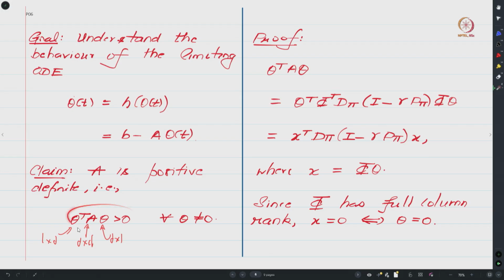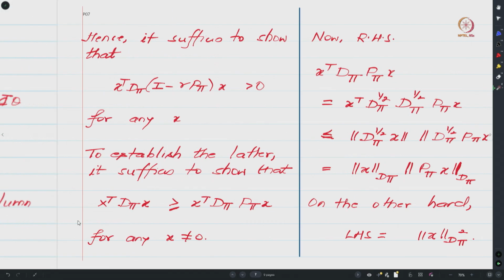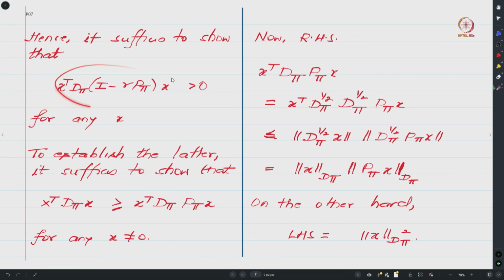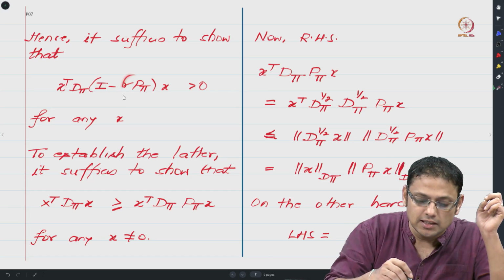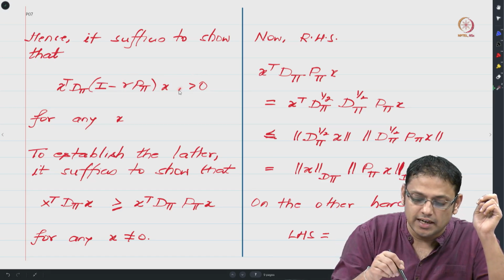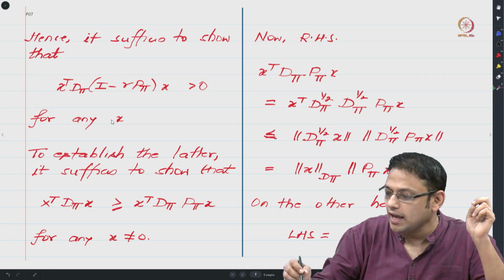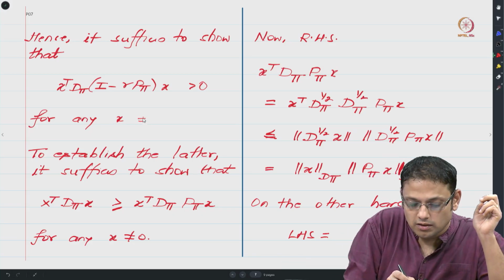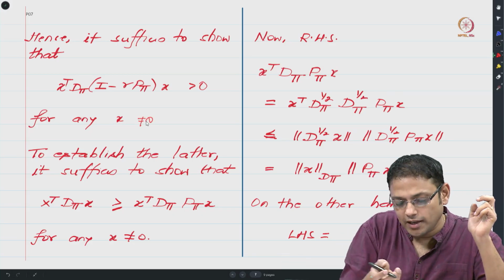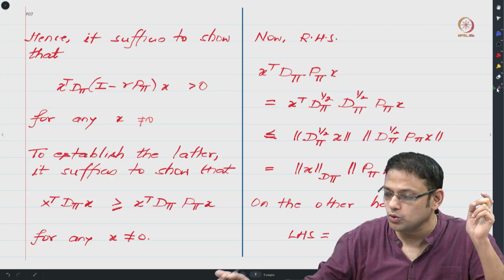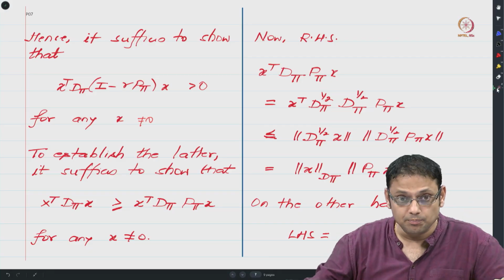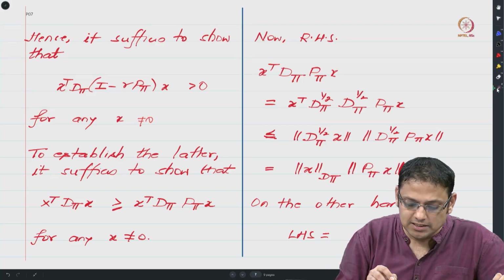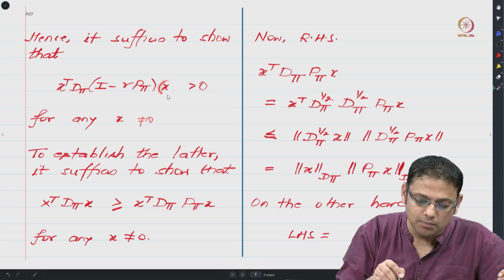So in order to show that this is greater than 0, it suffices to show that x transpose D_pi (I minus gamma P_pi) x is greater than 0 for any x which is not 0. If we establish this, then this is equivalent to establishing the original claim. And to establish the latter, if I multiply this x over here and this x over here,